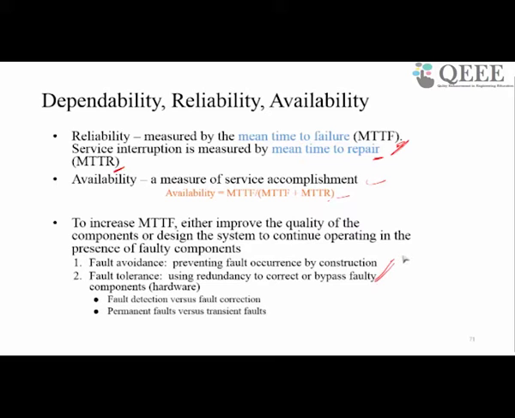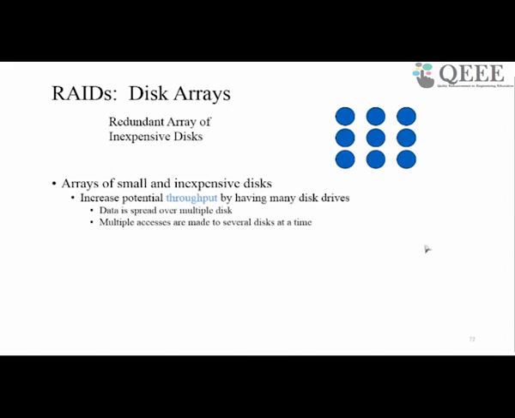So how do we do it? One can use a better technology and go in for better devices. The other way is to use a redundant array of inexpensive devices, which in short we call RAID. So you use a number of inexpensive or less reliable disks and try to improve the reliability as well as the availability. An array of small inexpensive devices is used, and the data is spread